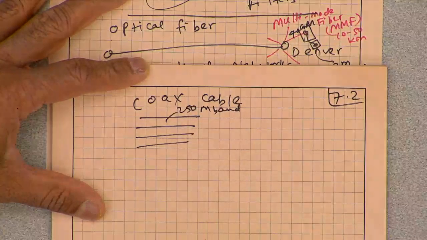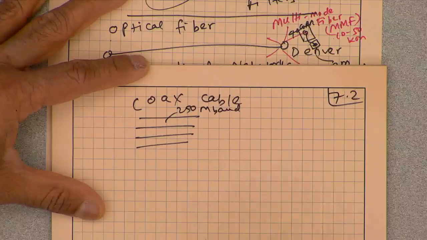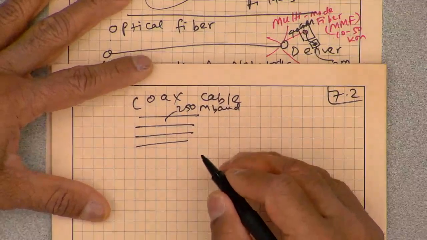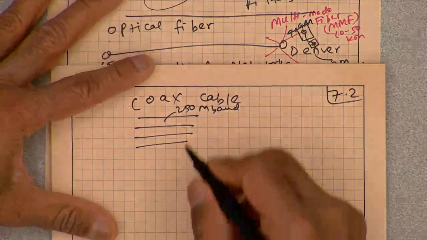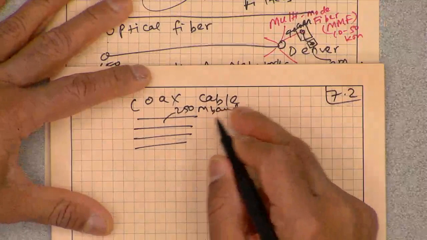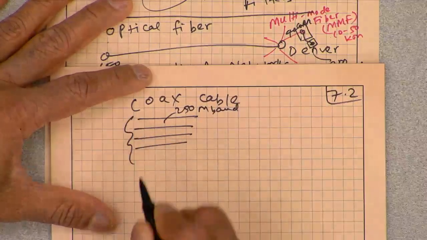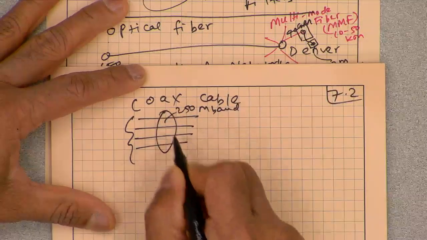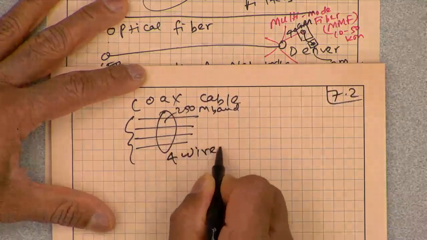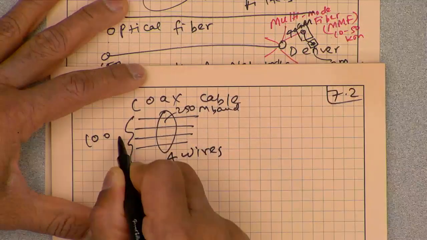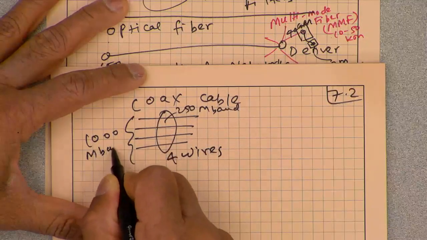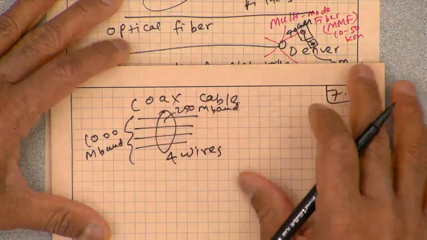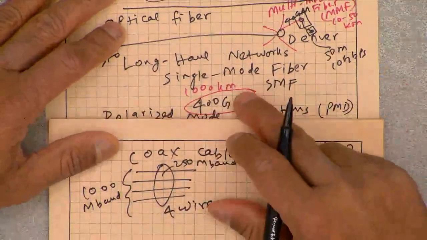So if I am transmitting 250 megabaud, 250 mega samples per second, and each sample is 8 bits, that would be 250 million times 8 bits per wire. And if I have a cable containing a bundle of 4 wires, then I can transmit 1000 megabaud. So that's parallelism at the cable level, and the same way here in 400 gigabit per second,